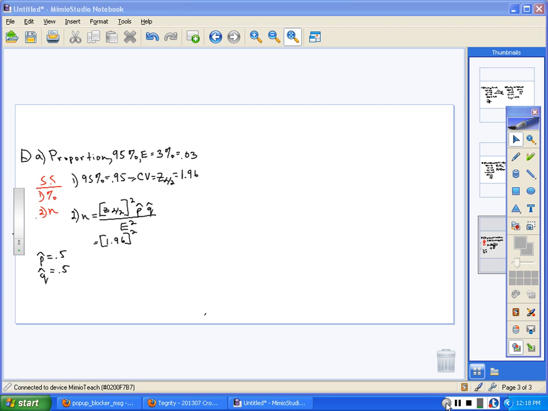So it's 1.96 squared. P hat is 0.5. Q hat is 0.5. And then you divide the whole thing by the error, which is 0.03 squared. Make sure when you copy the formulas that you copy them correctly and that you don't miss a squared or something like that. Okay, so we multiply that out, and it comes out to be